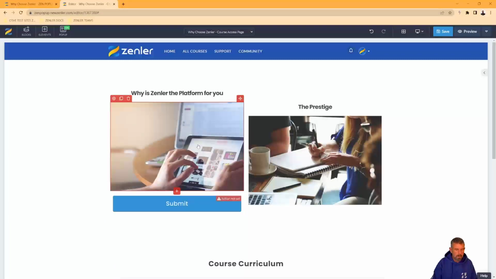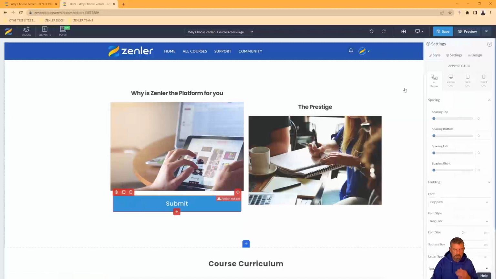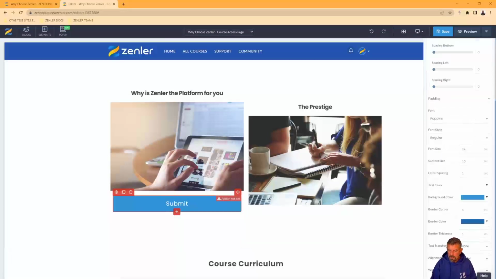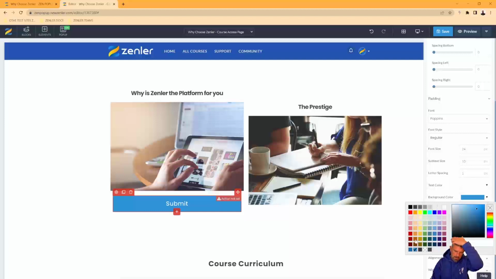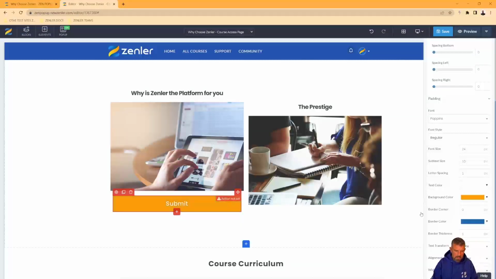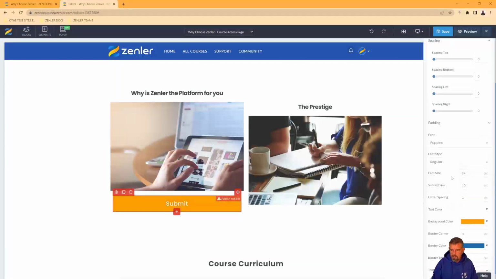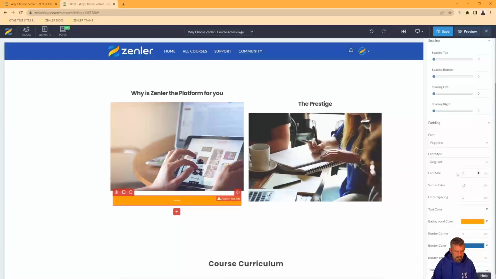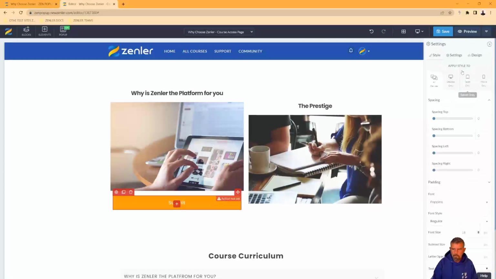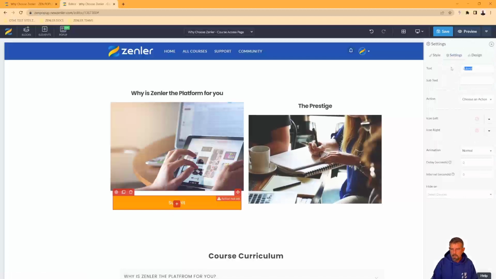Or move that on top. Move that button there. I'm going to just change the look and feel of that button. So I want to make it full width. I don't want any border radius on that. I'm going to change it to a nice orange color, and I want to change that font down to about 18, and I want to change this in here,